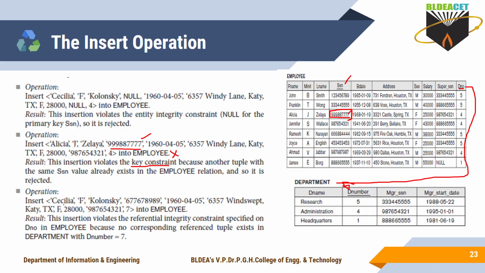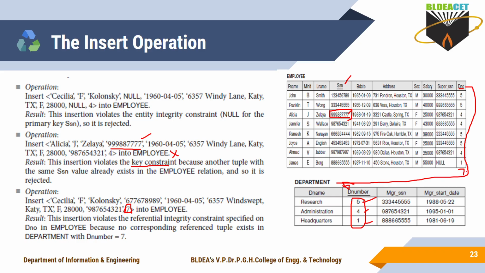So now here I am trying to insert the department number as 7. The last attribute is DNO and I try to insert 7 for DNO. Is it correct? Is it equal to the department number primary key values? 5 is there? Yes, it is equal. 4 is there? Yes, it is equal. 1 is there? It is equal. If I try to insert 7, is it equal? The 7 is nowhere equal to these primary key values here.